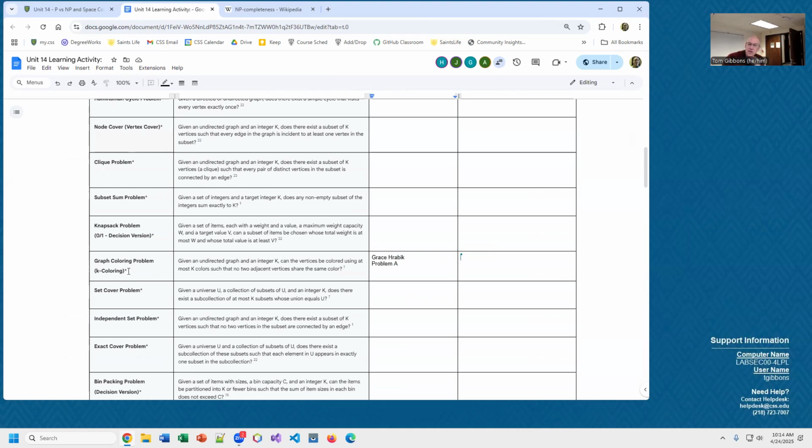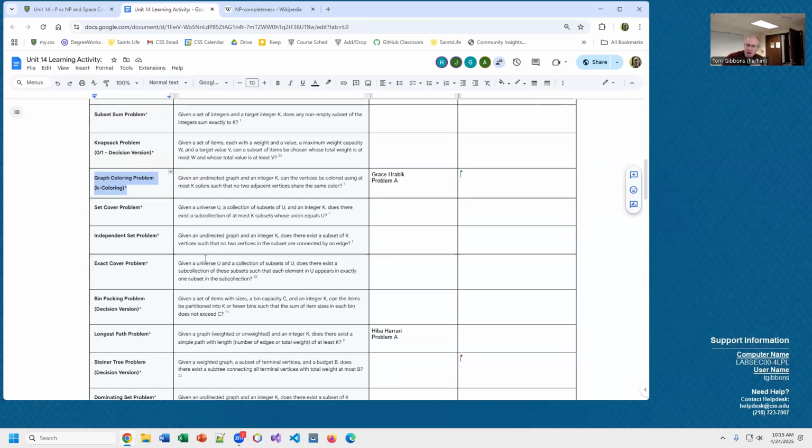So if, like Grace, you're doing the graph coloring problem, the K coloring problem. I love the K. That's almost one of my favorites too. Good point. So you're doing that one, and